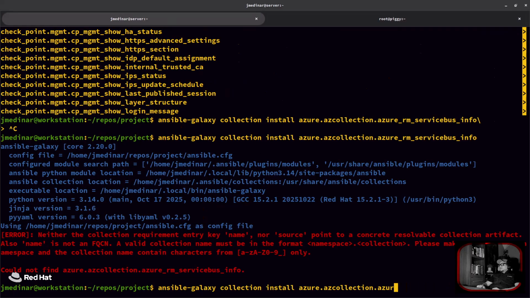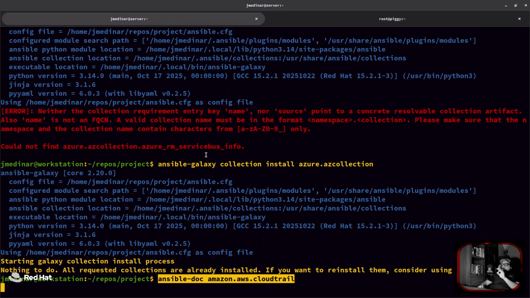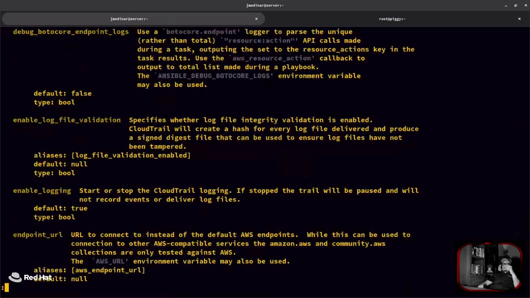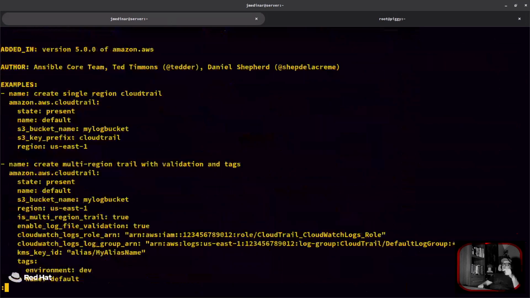Yeah, I'm passing the whole module. That's the collection, right? It's already installed. But anyway, if I wanted to look for specific documentation, I can say ansible-doc, show me the documentation for this specific collection. And it opens the same material that you will find if you go to the Ansible documentation online. You can see all the keys, all the examples, all the different arguments and requirements of that collection